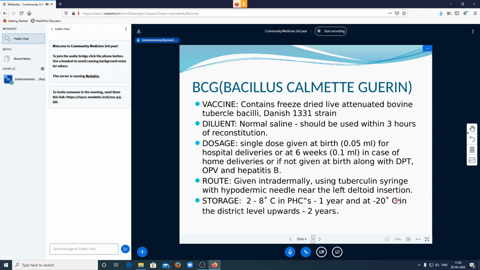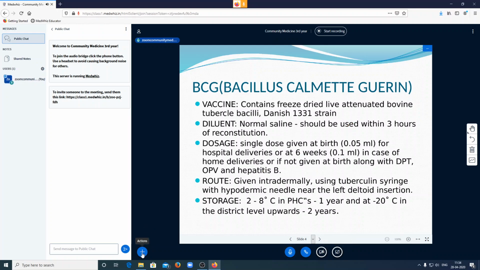At the same time, I can't do both, uploading a presentation and sharing the screen. Either I have to upload a presentation or I have to share the screen. Both cannot be done at once. Now I have uploaded a presentation. If I want to share the screen, I have to close this presentation before that.